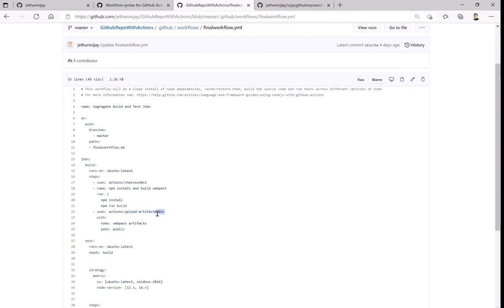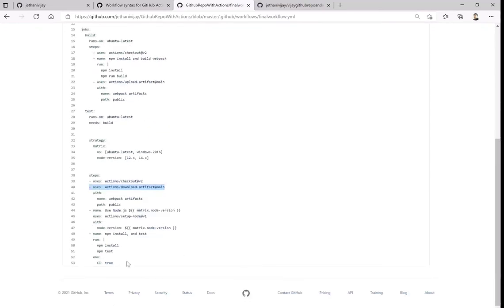And this is running out of the main branch of whoever has created that. Okay, but the name it should have is web artifacts, and it should be available at the path public, so that when I run the test, I can download those artifacts and run the test on top of them. That is my whole purpose of doing that.